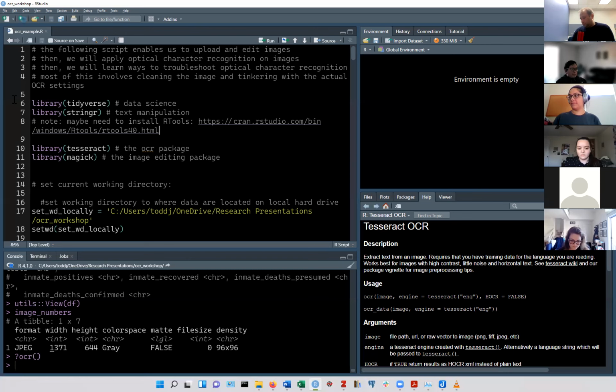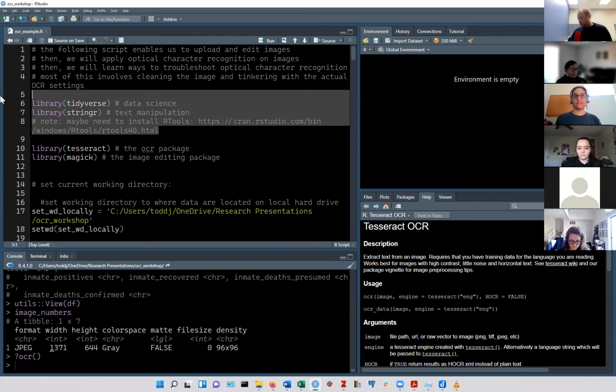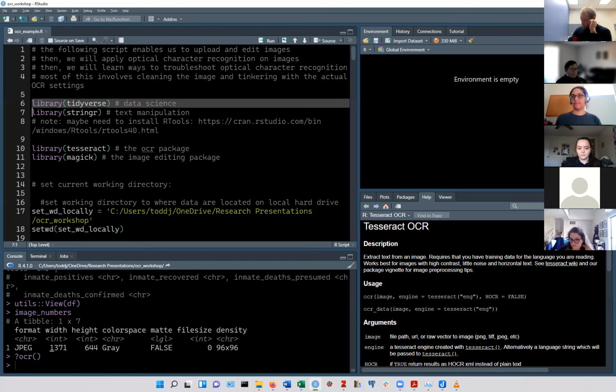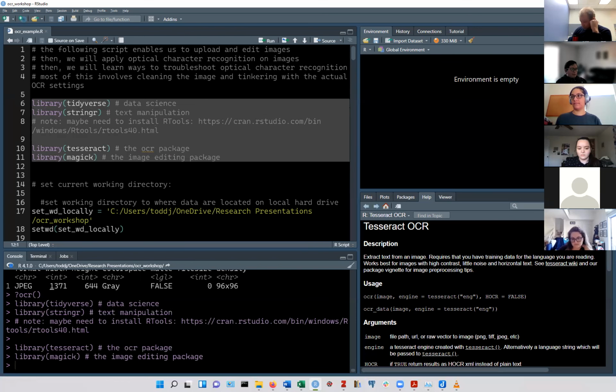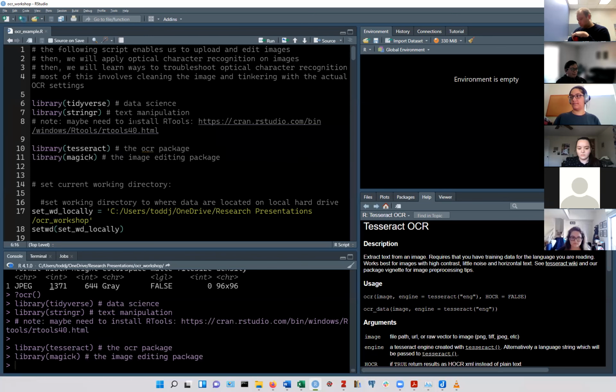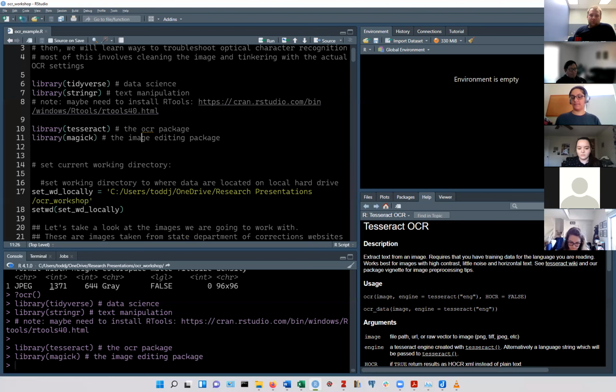So all of this is in R because there are a lot of wraparound functions here. And so I'm just going to import these packages. Tidyverse for data science, stringr for text manipulation, Tesseract because Tesseract is basically the OCR package that we'll be using here. This other package called Magick, which I didn't know about until recently, but apparently there's an open source